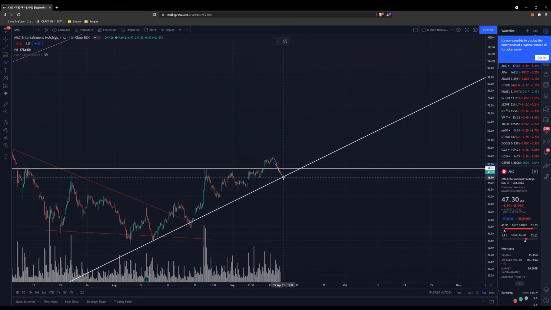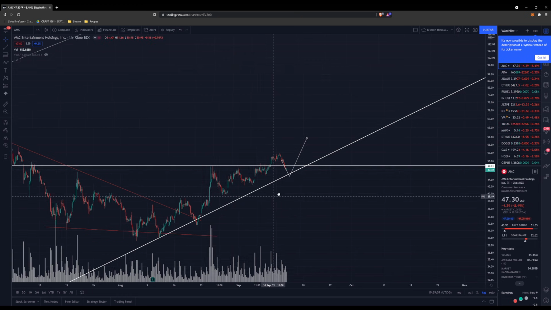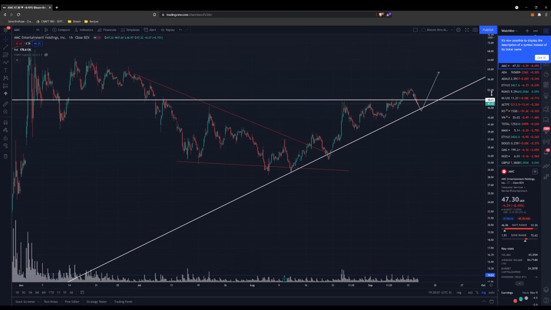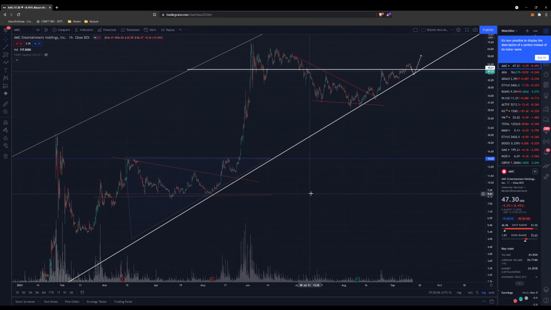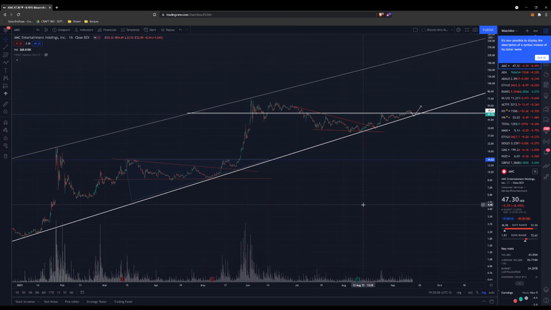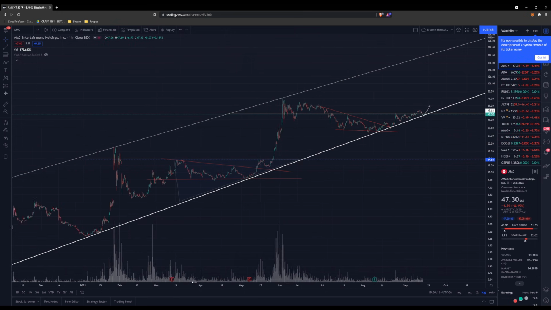And you just have this, whoa, and bears just get caught completely with their pants down and you start your next run up. It's completely plausible. I'm not saying, obviously, this isn't financial advice, it's not guaranteed. No play is. But if you look at the trend, this seems to be the more likely scenario to me, that we continue to play off of this bull trend.